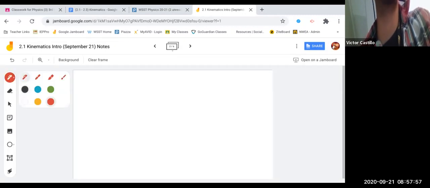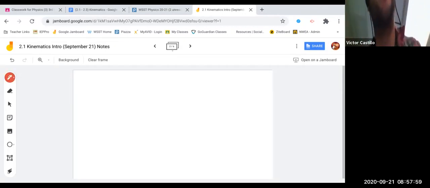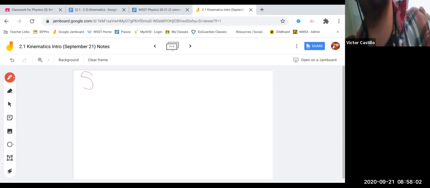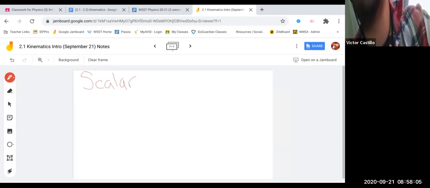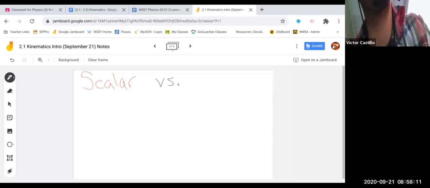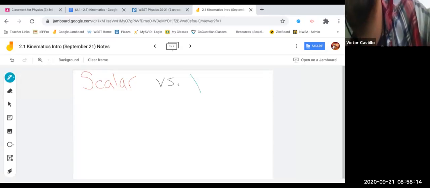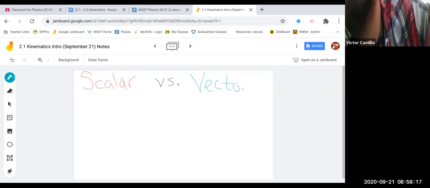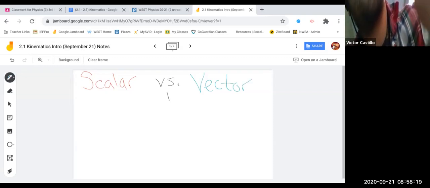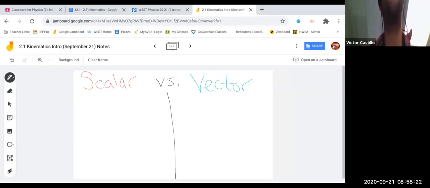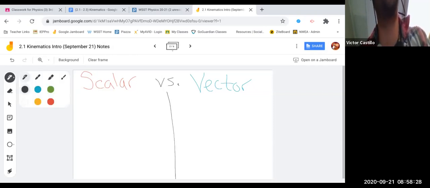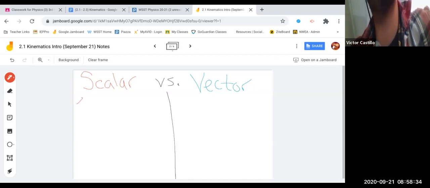So two things we're going to go over is kinematics, and kinematics is the study of motion. Two main forms of kinematic vocabulary words that we'll be going over are scalar and another word called vector. Scalar and vector. Now, let's think about these characteristics. What are these things? What's a scalar? Well, a scalar is a quantity. They're both quantities, but this one is a quantity